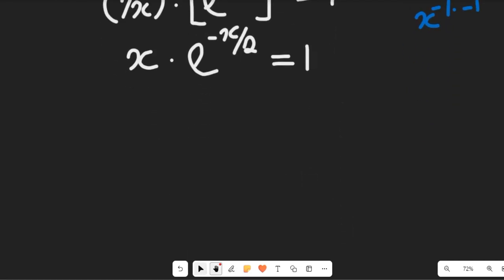Great. Now in the next step, what will you do? Now at this point, I want to utilize a very good law, but before I utilize that law, I want to make this expression well defined. And to make this expression well defined, I want to apply the Lambert W function. But before I apply the Lambert W function, I have to name this expression such that it can suit the